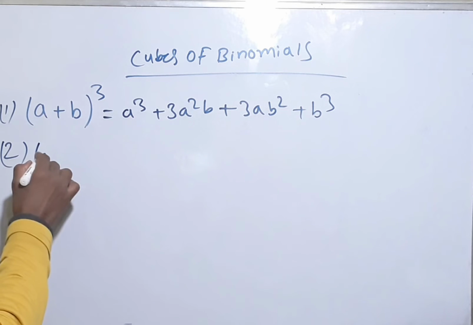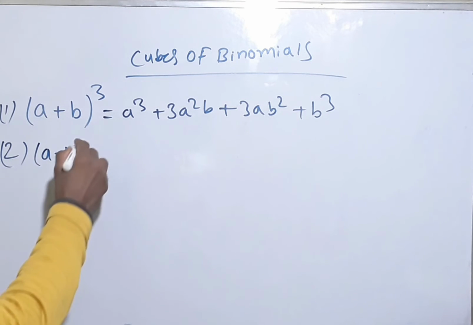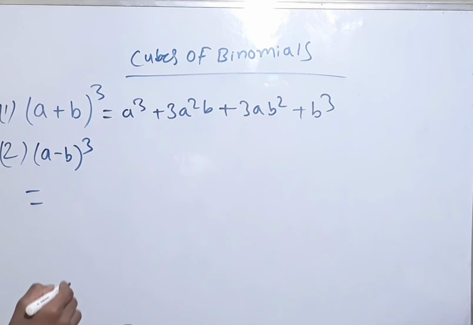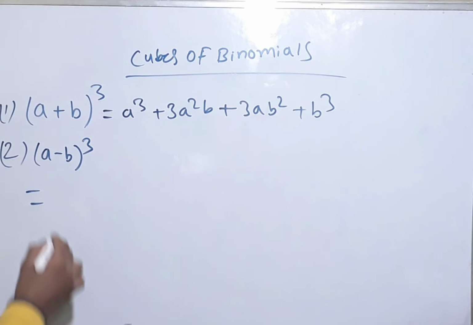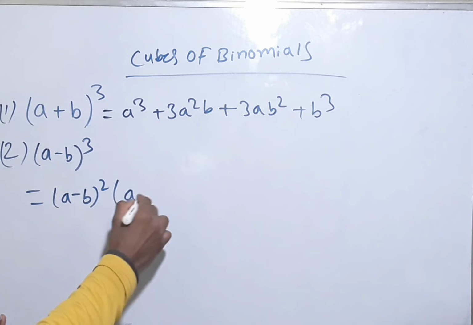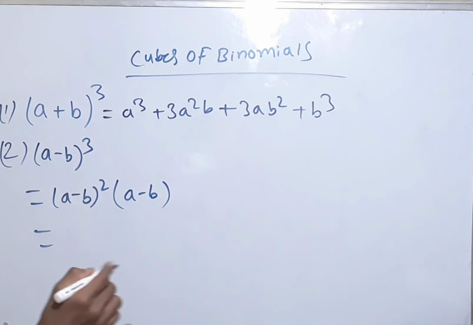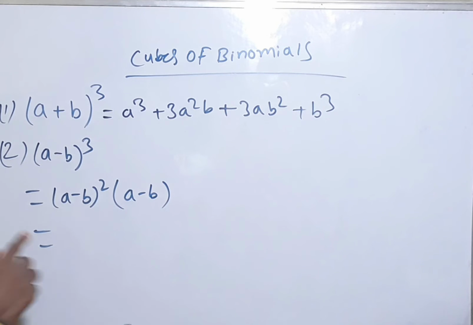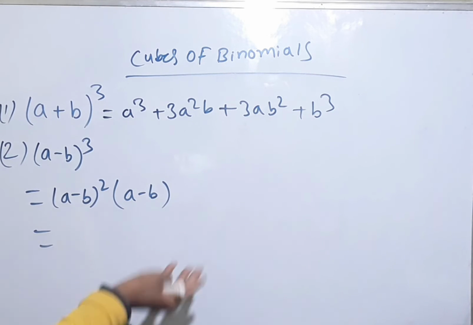Another one is a minus b to the whole cubed. We want to figure out this. How you can figure it out is the same process: a minus b to the whole squared times a minus b. You are definitely comprehending this, I hope, because this a is squared and this, so you know the